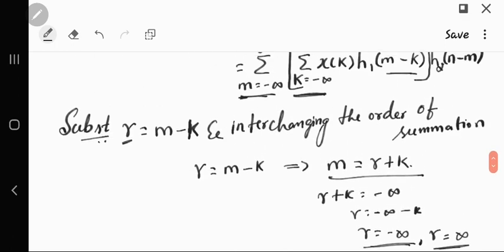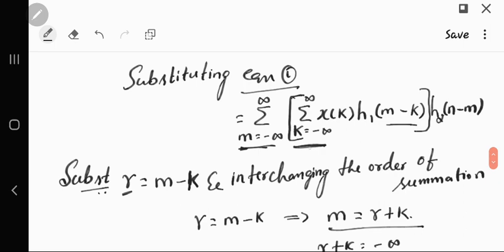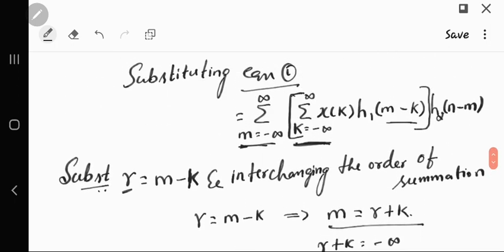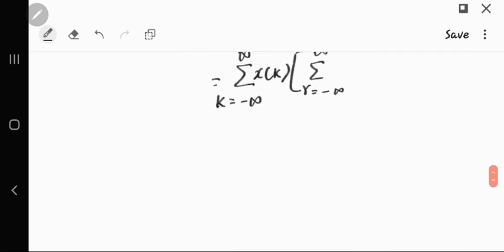Now the equation will look like this. So I am taking the first summation, k is equal to minus infinity to plus infinity x of k. So this expression I am writing first. Now the order has been changed here. Summation r is equal to minus infinity to plus infinity. So this has been removed. This will vary from r is equal to minus infinity to plus infinity. This h1 of m minus k, I am replacing this with r. So that becomes